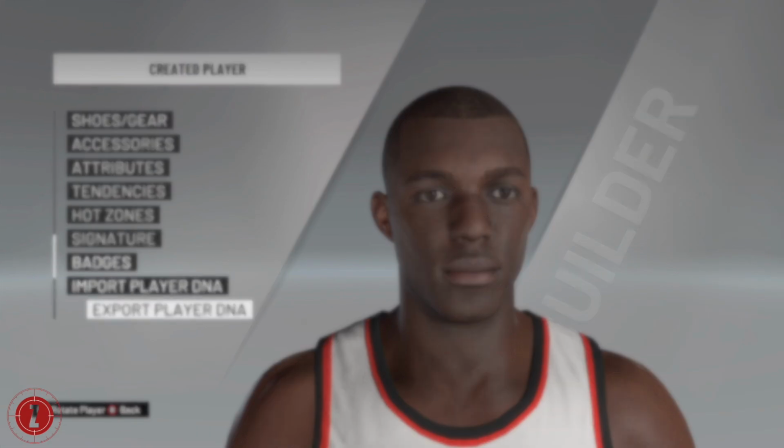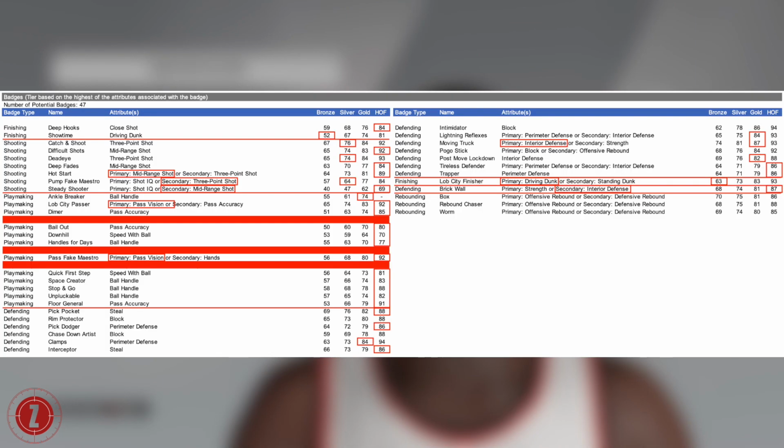All right, so to recap, this player is going to have 32 skill badges. However, what we had to do is also overwrite some of the badges that Isaiah Thomas had, so that removed a lot of the finishing badges to leave this player with only 2. Similarly, we're going to have 7 shooting badges and a slew of playmaking badges and defensive badges, but overall we get up to 32 badges in total,